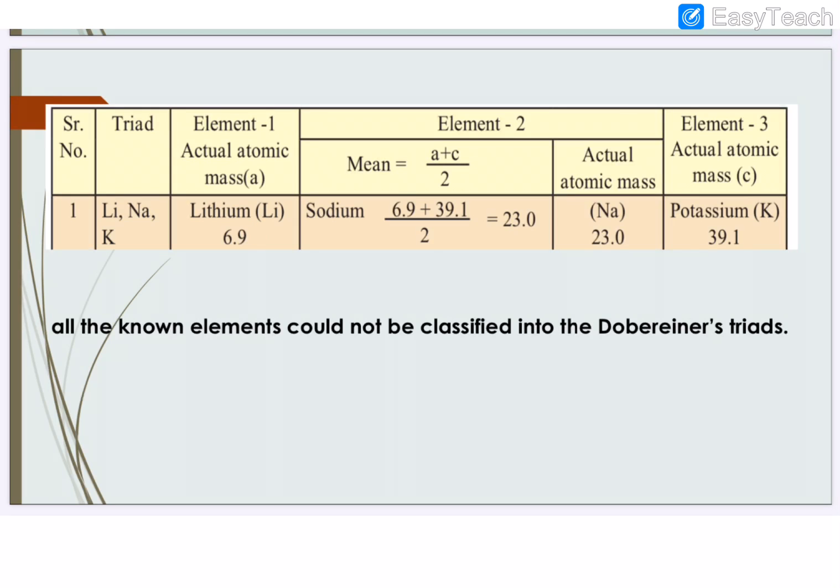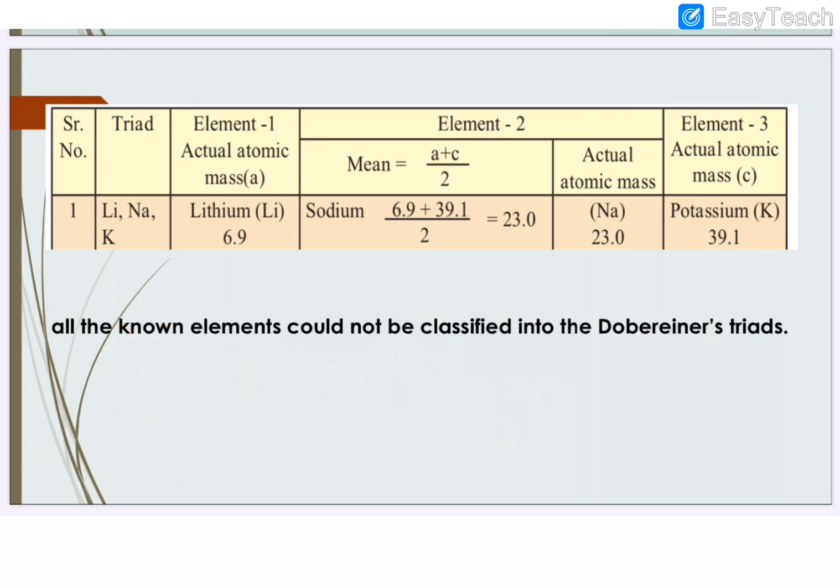So to get the average we need to add the atomic masses of these two elements, that is 6.9 plus 39.1, divided by 2. So we will get the average of the atomic masses of these two elements, that is 23.0. So we will get the atomic mass of sodium as 23.0. So this is what he states, that the atomic mass of the middle element, that is sodium, will be equal to the average of the atomic masses of the other two elements, that is lithium and